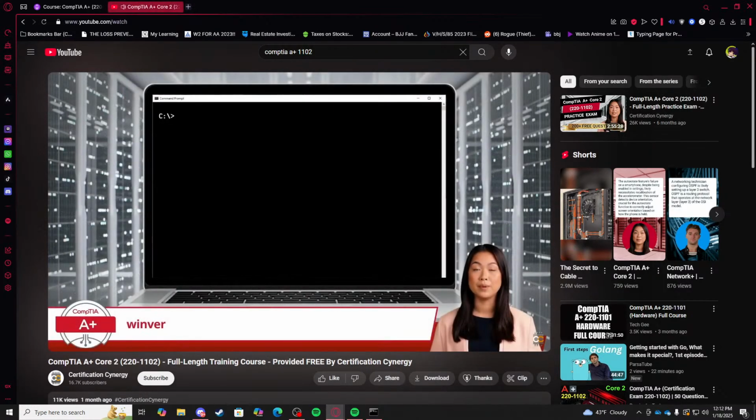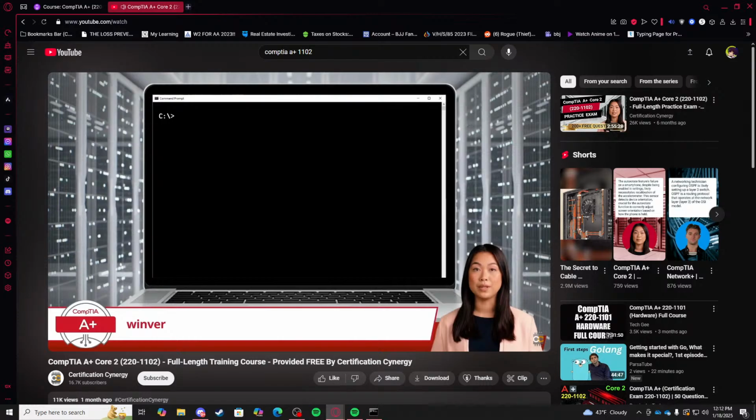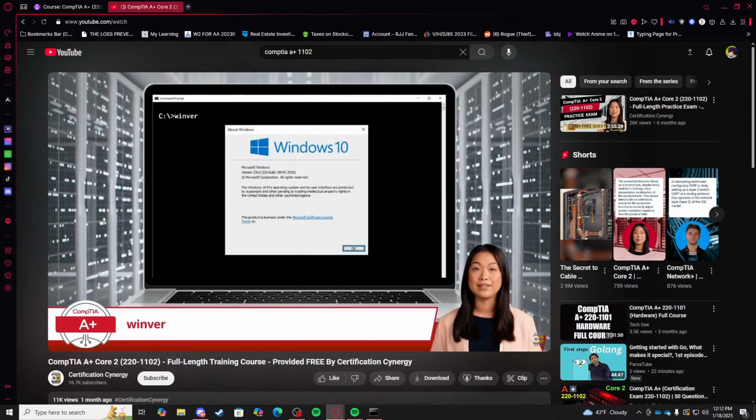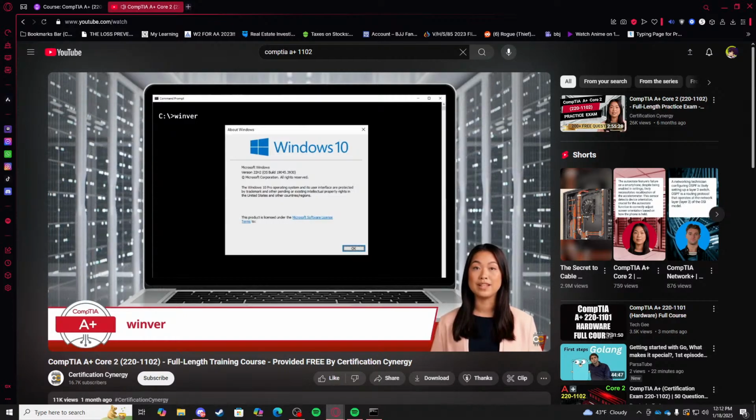Suppose you need to check your Windows version, because a new software application requires a specific version of Windows to install. To use the winver command, open the command prompt and type winver and press enter. A window will then pop up displaying the information about your Windows version, including the version number, build number, and